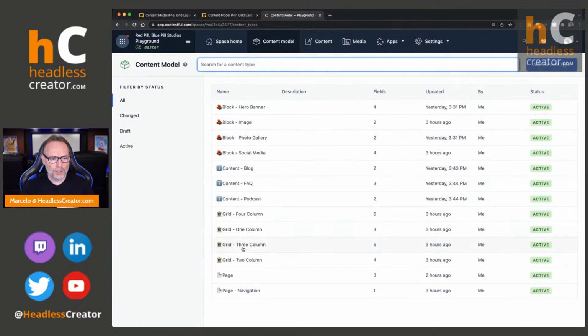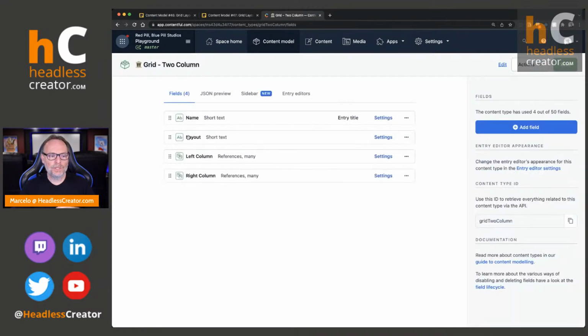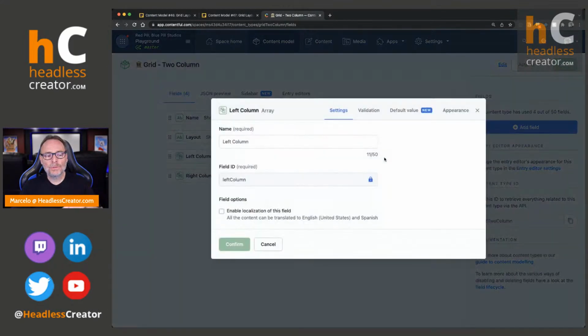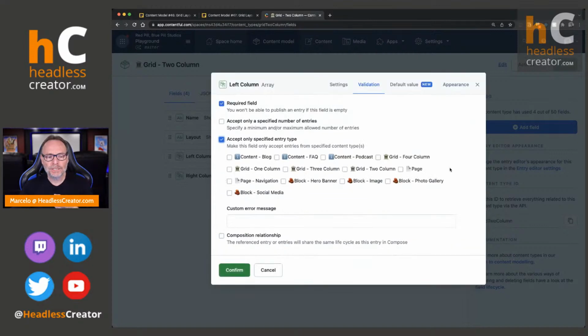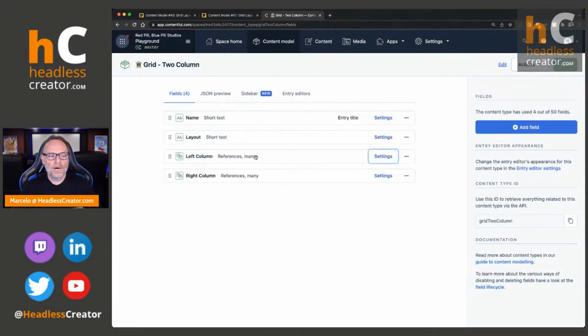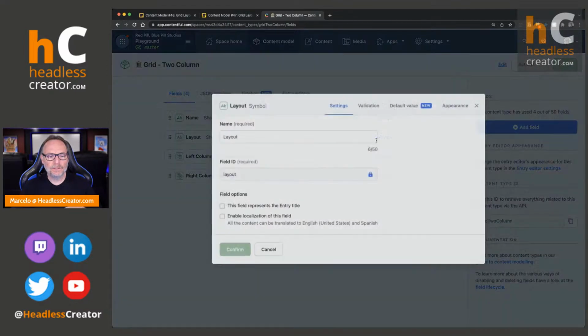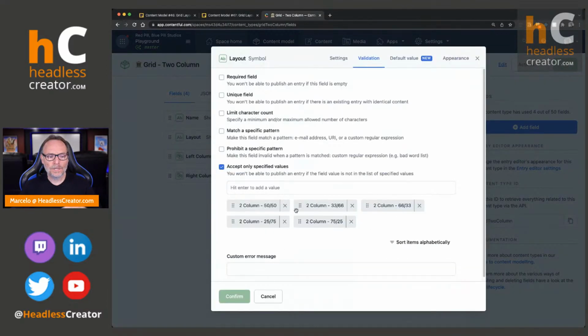So if we go to the 2 column, name, layout, now we have a left column and a right column. Now these are references. I didn't put any validation, meaning that I didn't say accept only a certain type. Really what we want to do is probably select everything minus page. It's the only one we don't want to select. But right now, just to keep it simple, I'm allowing everything to be added there. And then you can see here under layout, I have for the 2 columns,